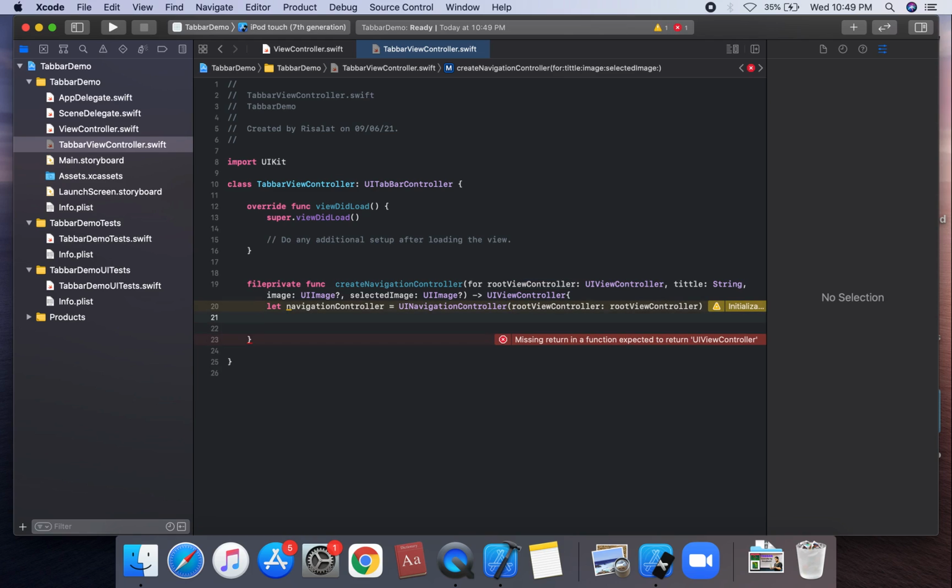Next step is we're going to create a tab bar item set. We're going to initialize this tab bar item.